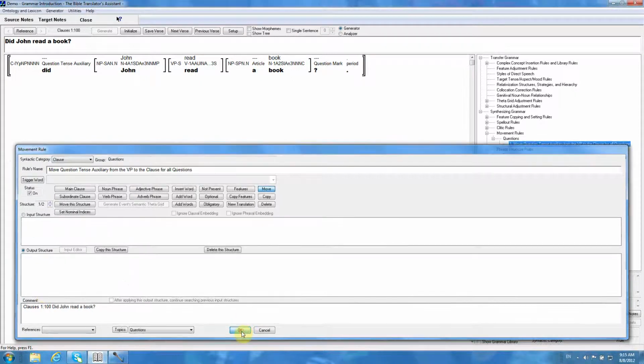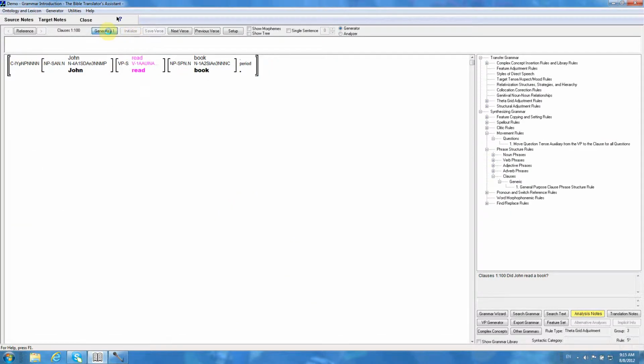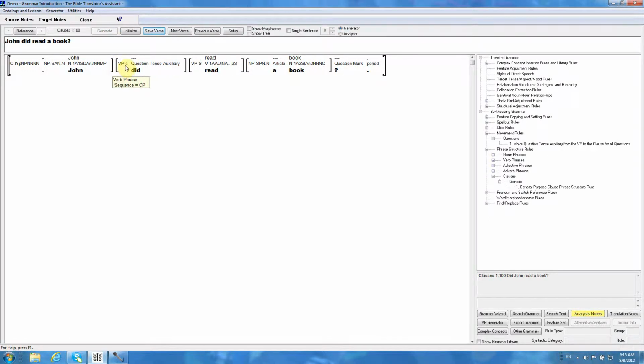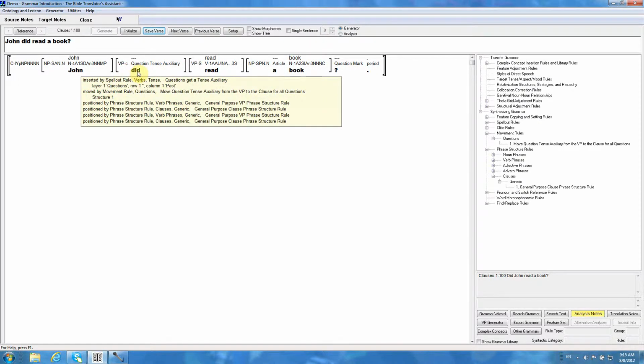Okay? We'll save that rule. Now I'll initialize, and now we'll generate this verse again, and you'll see that this verb phrase was inserted by our movement rule,